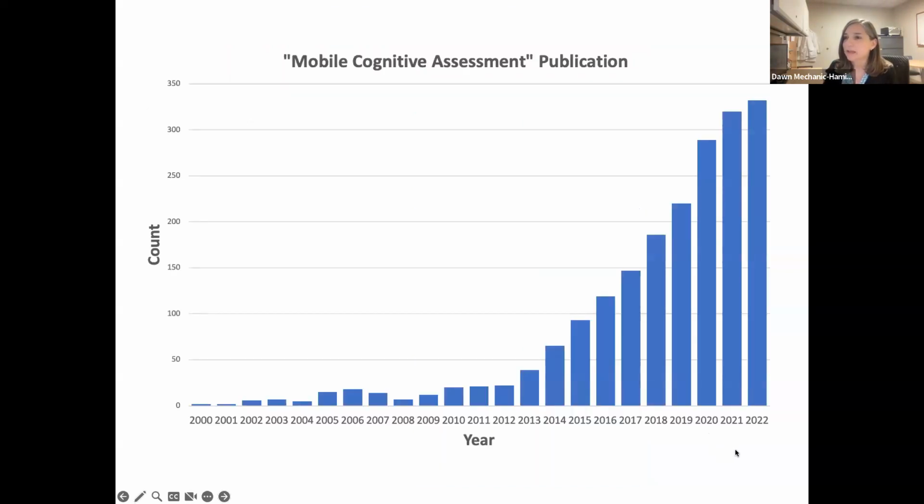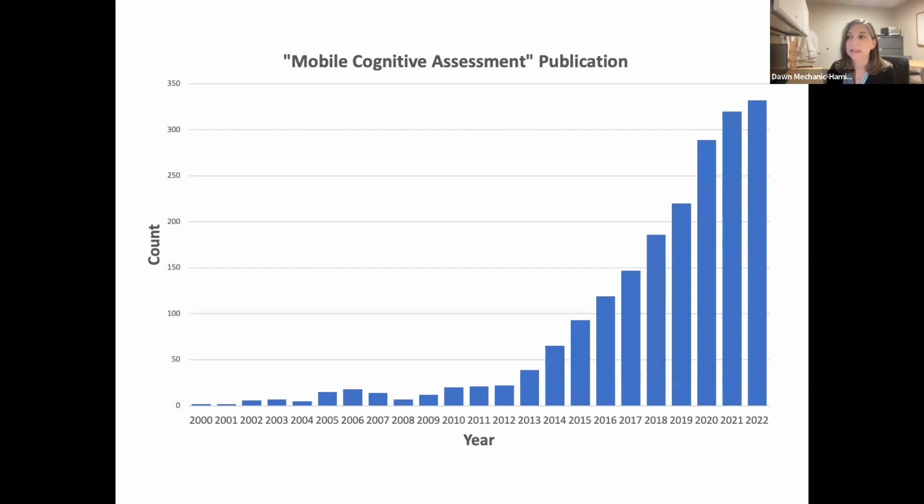I took a quick look at the literature just to see what this looks like over time. There's a huge increase, especially in the last 8 or so years, in the interest in mobile cognitive assessment.